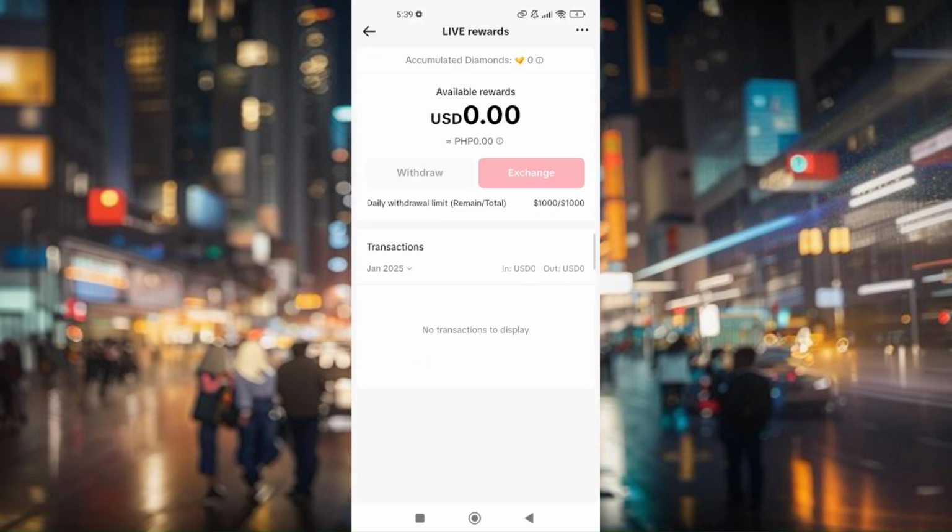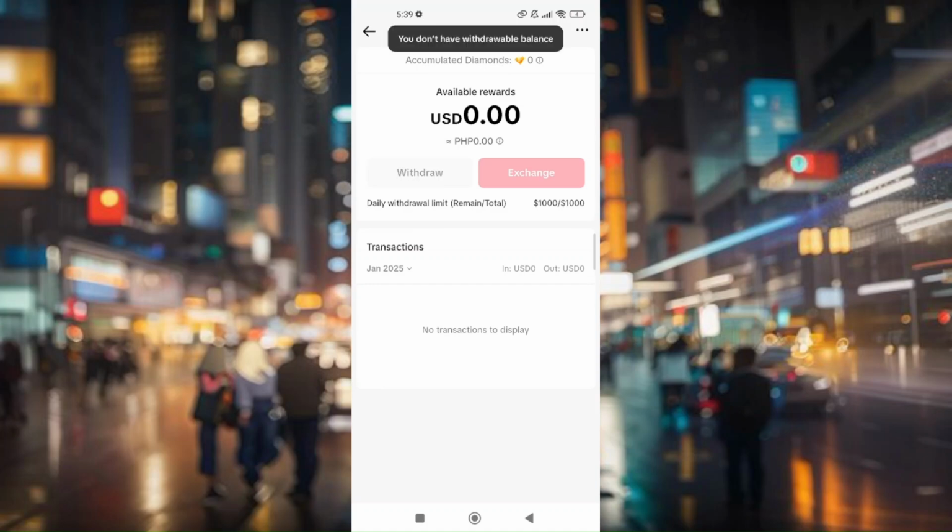and then from here, you'll just have to input the specific amount of how much you would like to withdraw or transfer over to your Gcash account. Now, once you typed in the specific amount you'd like to withdraw, go to the Withdraw